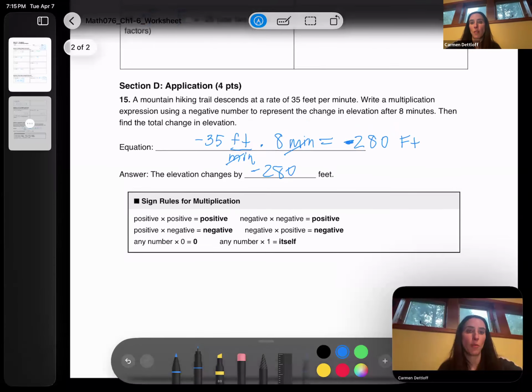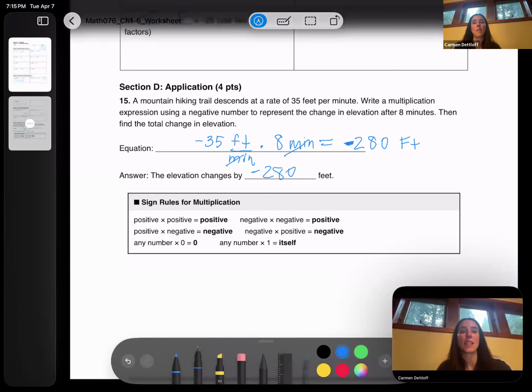And here's some rules about multiplication, just like the chart I drew. Positive times positive is positive. Negative times negative is positive. Positive times negative is negative. Negative times positive is negative. Any number times 0, negative or positive, is